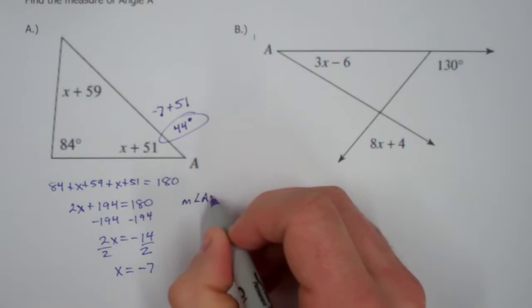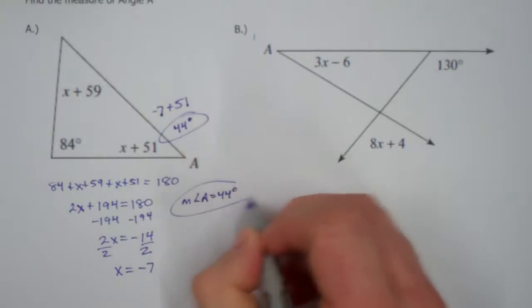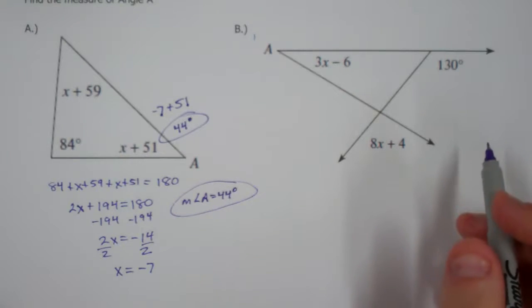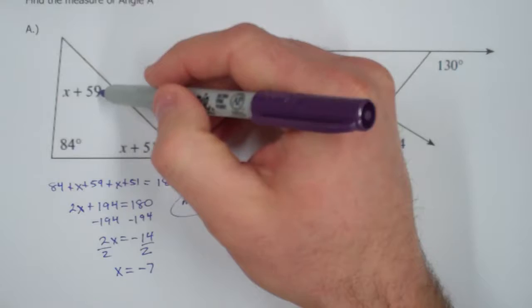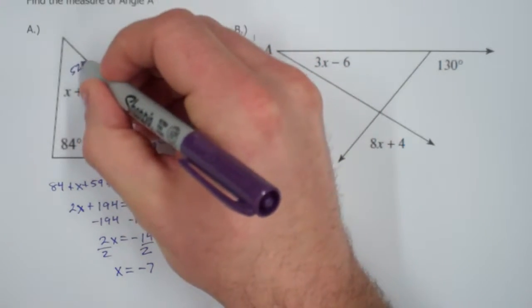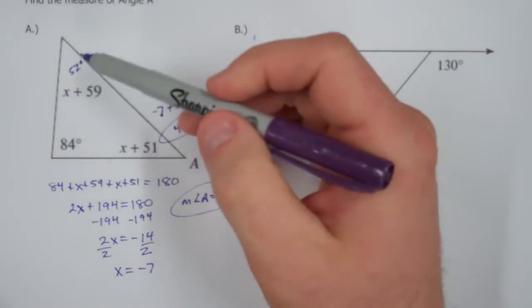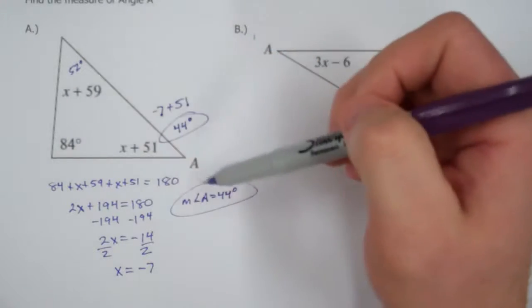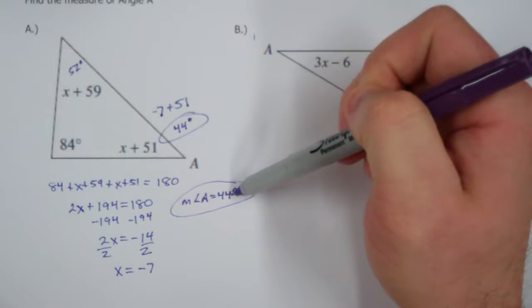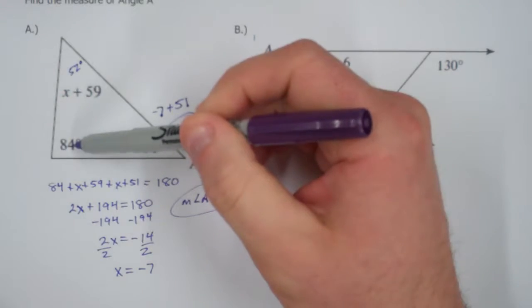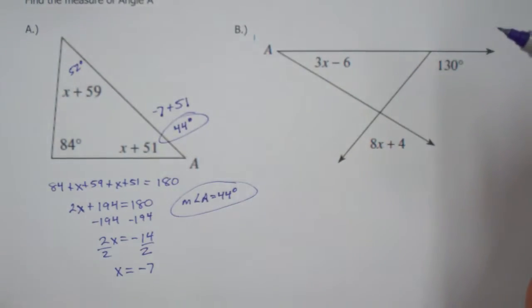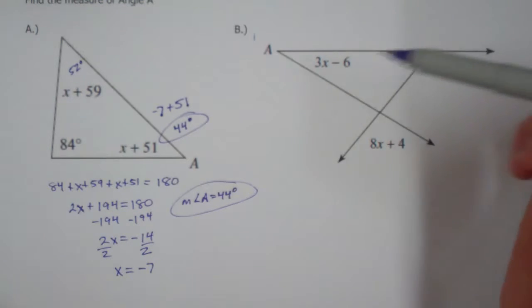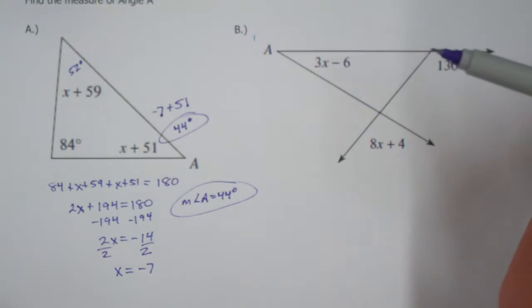You could state that. You could state the measure of angle A is equal to 44. That would be even a better statement to make. You can verify this is true. If you take your negative 7, plug it in here, you get 52. And we're going to add all of these together. So 52 and 44 is 96. And 96 and 84 is 180. And so that makes sense in terms of the triangle. We know that we found the correct value of x, and that this measure here of angle A is correct